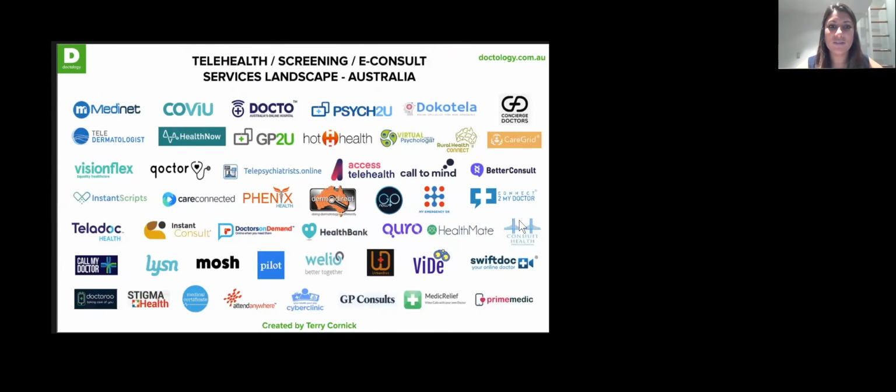So there are a lot of telehealth players out there, and there have been for a number of years, and many of you may not be aware of them, but this is a bit of a landscape of different telehealth providers. And a lot of these are standalone telehealth services, not necessarily platforms. They're actually services that have lots of doctors already attached to them. Some of them are in dermatology, some of them are in mental health, but you might see some of these companies come up in discussions, especially around now, because they're all a little bit happy that there are some Medicare rebates.